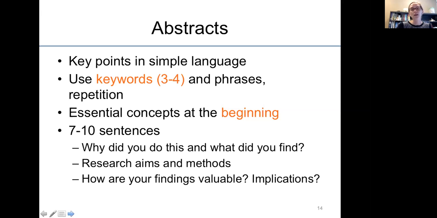The middle sort of allows you to talk about how you did your research, other context that is important, and other aspects of the methodology that may be relevant. And then at the end, it's great to wrap up how your findings are valuable, sort of connect your new findings and insights and how that leads you to your conclusion, and how your work essentially adds to or contradicts previous work. So that's a good way to wrap up an abstract. At least that's one way to think about how to create an abstract.